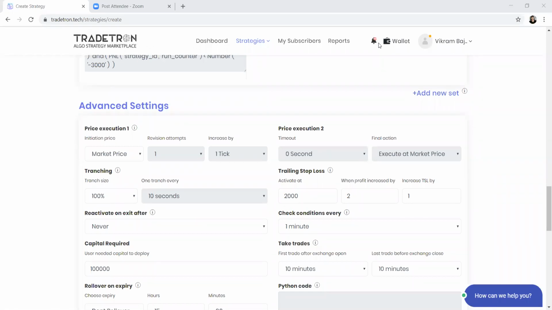Okay, so my query is, let's say I want to compare 2 days' price or maybe 3 days' price, just to follow the trend. So for example, I want to trade tomorrow and I want to see which is the highest price between today and yesterday. I want to buy above that, and whatever is the lowest possible price between today and yesterday, I want to sell below that with some buffer. Let's say my buffer could be 0.10 or maybe 0.15%. Okay, so that is one thing.